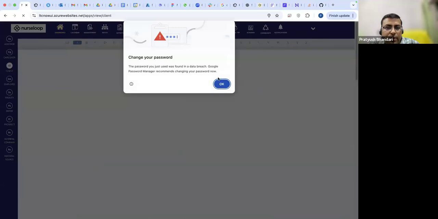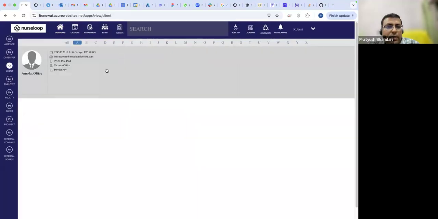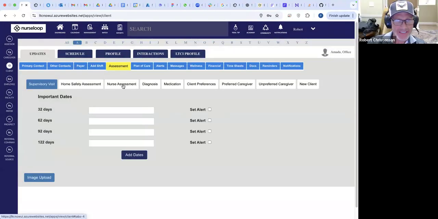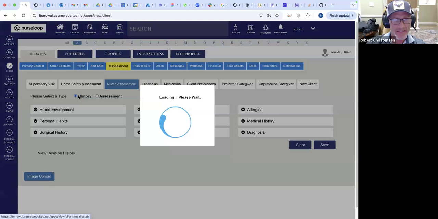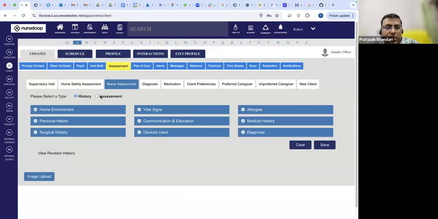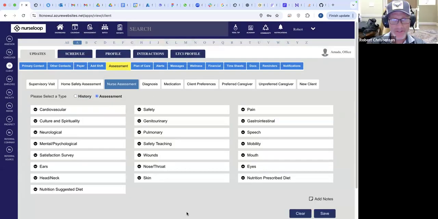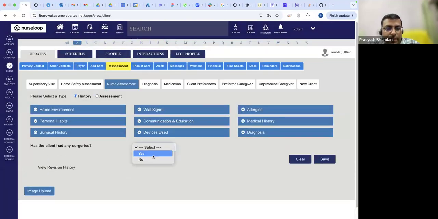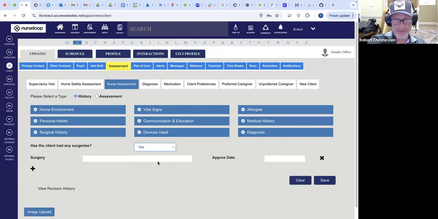For example, if you go to a client and go to assessment, then nurse assessment, no, this is very basic. Go to history. Here you see surgical history. Put that in here. And then the other one was